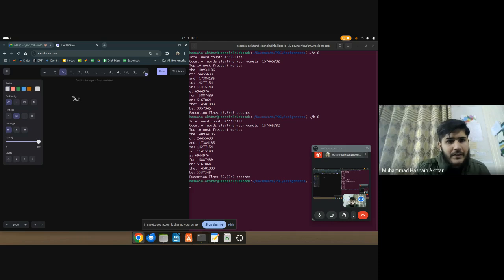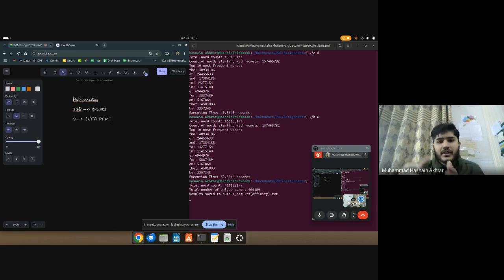The file which is given to us, or the data set, is basically a 3 gigabyte data set. This is broken down into chunks depending upon the different threads. Right now I have 8 threads. These 8 threads will divide this file into different chunks. Once it divides this into different chunks, those chunks will execute all the functions given in the program one